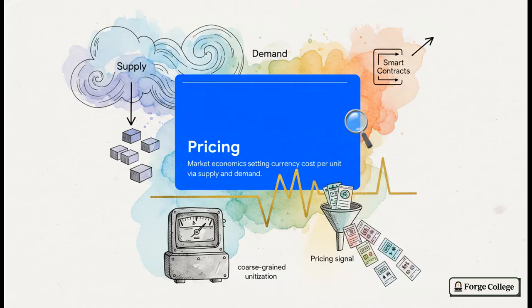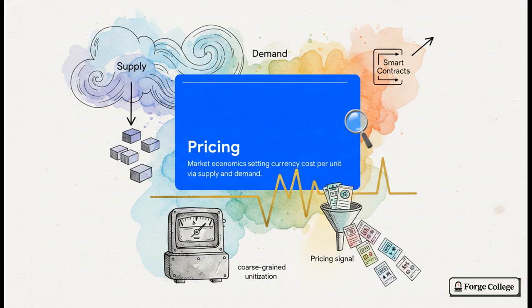Pricing, on the other hand, is an entirely different beast. Pricing is all about the market economics. It determines the actual currency cost per unit. So while unitization is hard-coded into the protocol's architecture, pricing fluctuates based on dynamic supply and demand, or fixed schedules